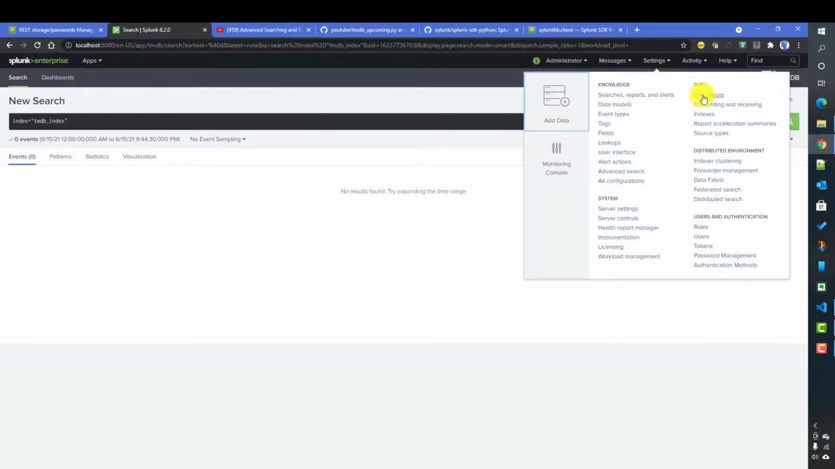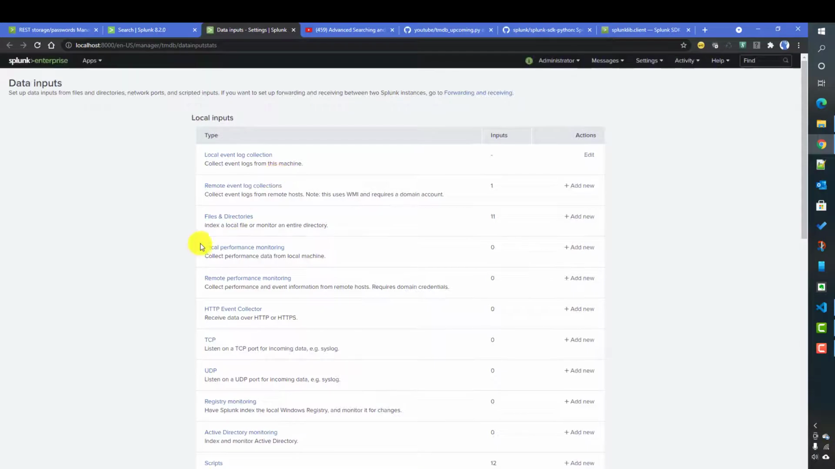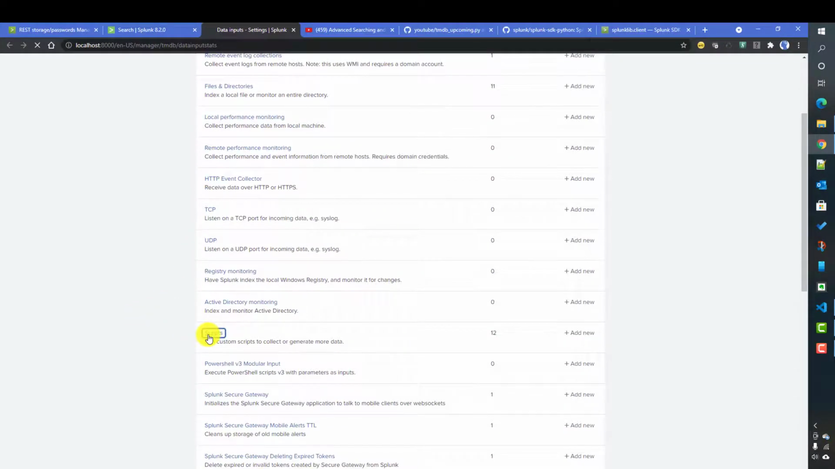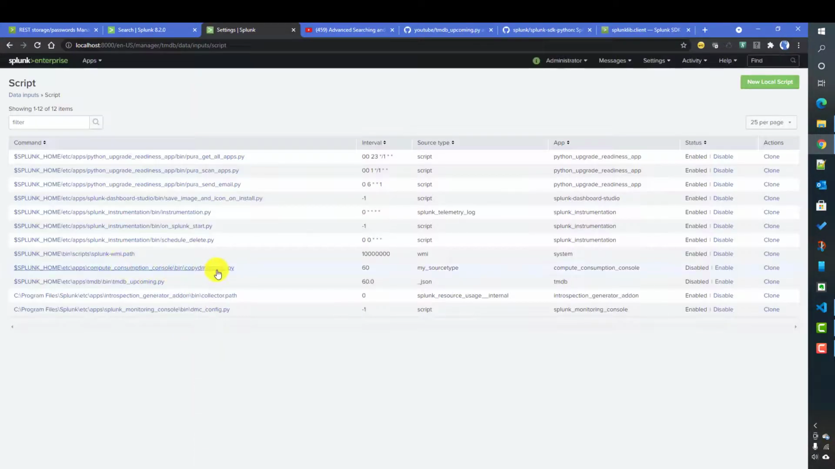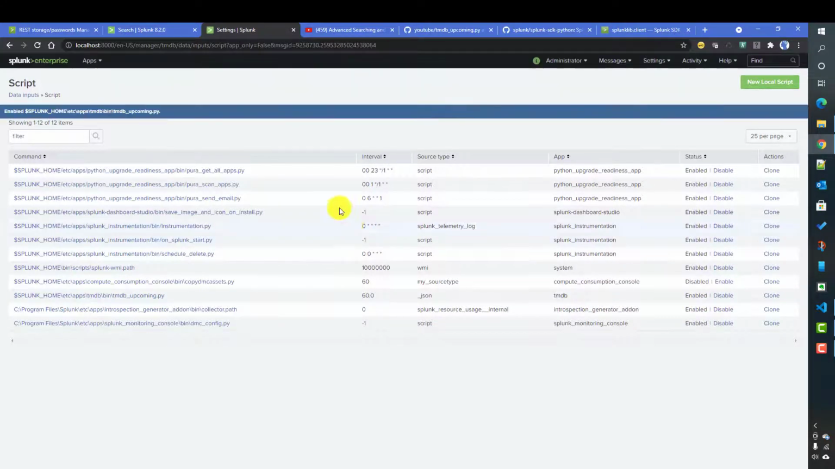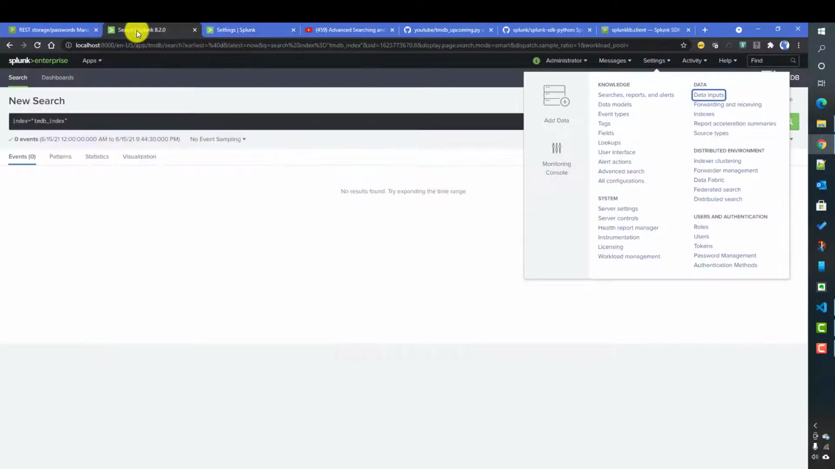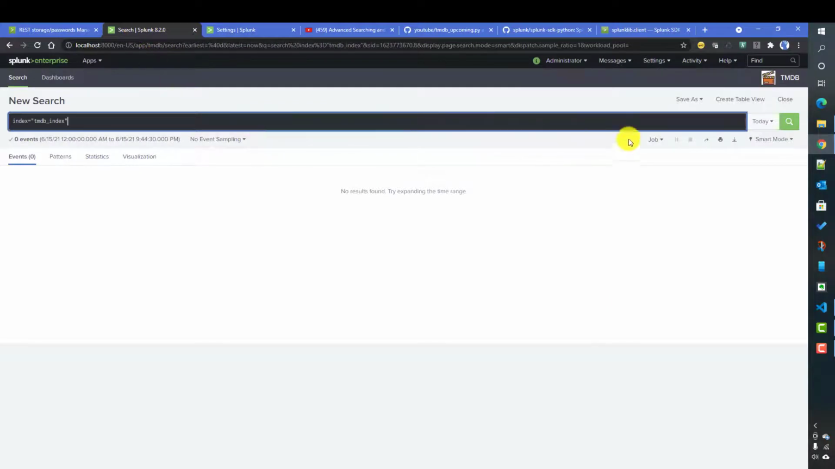So I'll go to settings, data inputs. This is where my scripted input is, and we can enable it. If I go to scripts, this is our TMDB upcoming. Where is that? So this is our code over here. Currently it is disabled. I'll just enable it. If everything goes fine, I will see some data over here, or at least if I just go back, go over here,